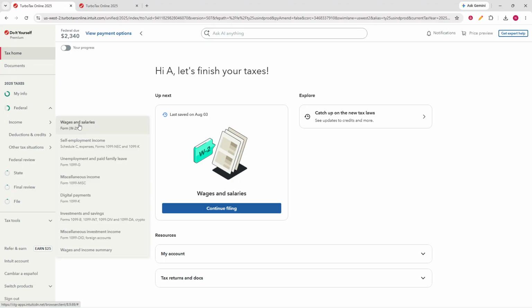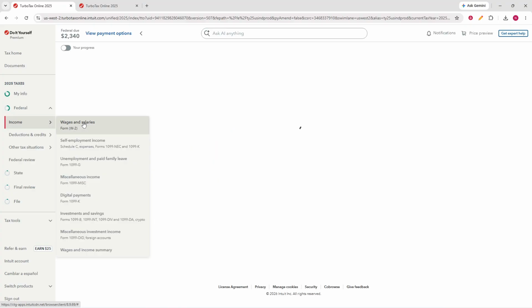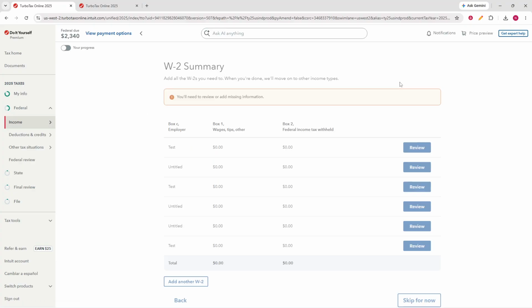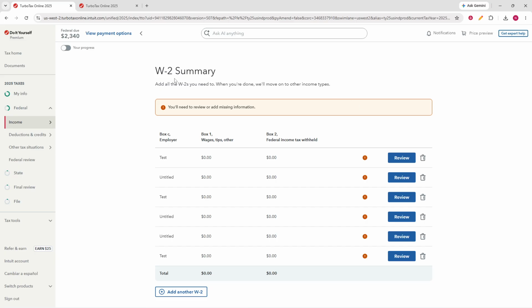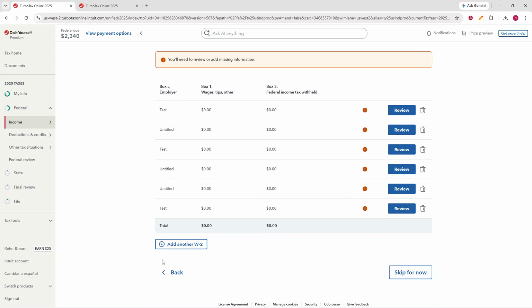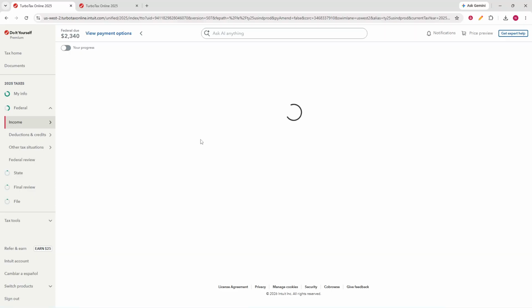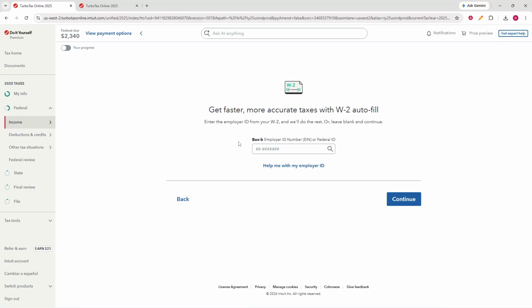In the Income area, find Wages and Salaries, shown as W-2, and click Review to open that section. On the W-2 summary page, you will see any W-2 forms already listed in your return. If the form you need is already there, click Review next to that W-2 to continue entering or checking the details. If you are adding a new form, select Add another W-2 instead, and TurboTax will open a blank W-2